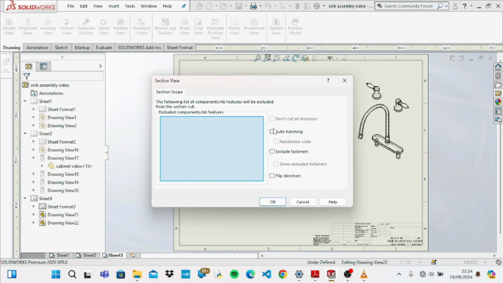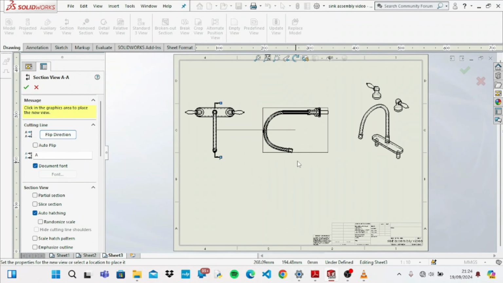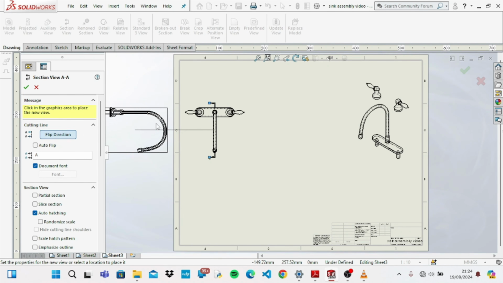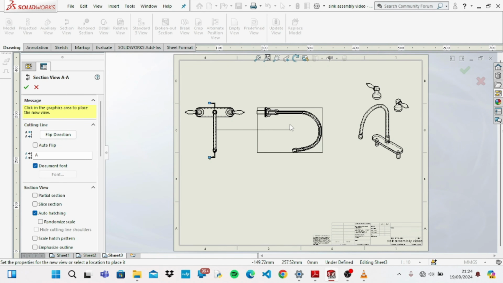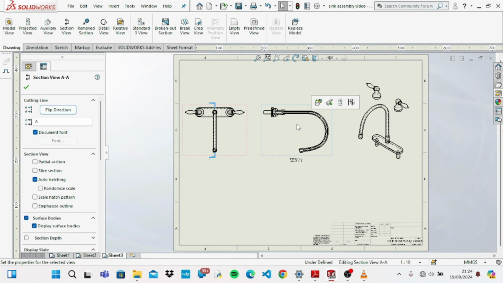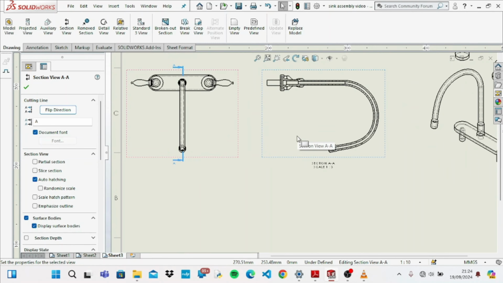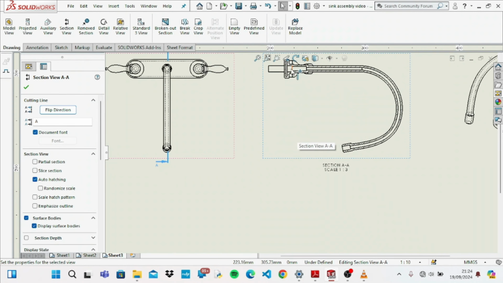Click on auto hatching. I have created a section view of this. I can choose to flip the direction. I think this will be much better. Like this. If I zoom in, you can see that this is a section of this. You can see the insides and everything